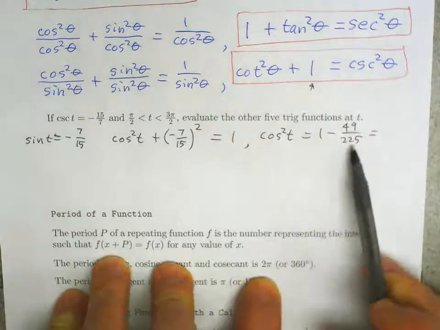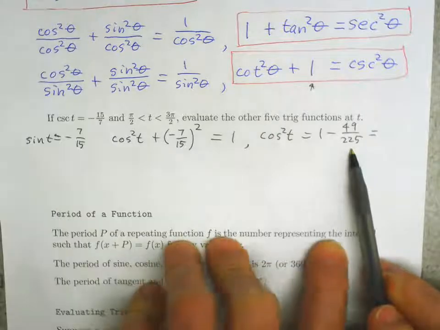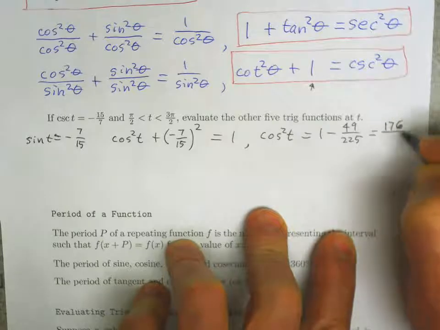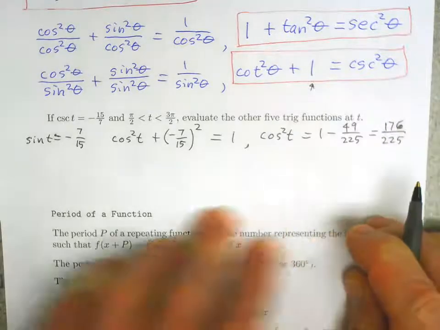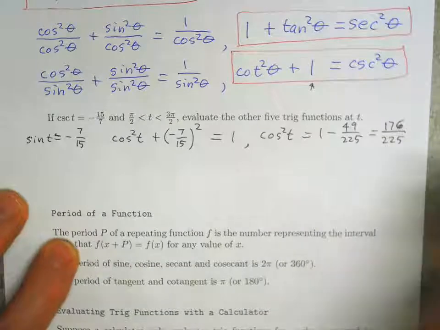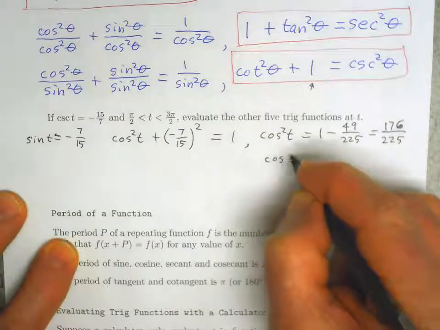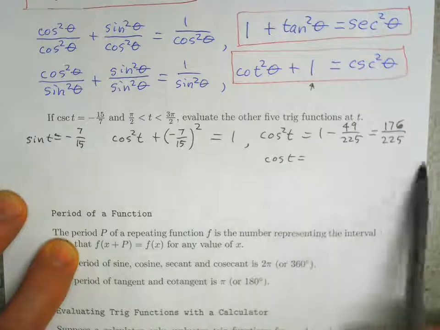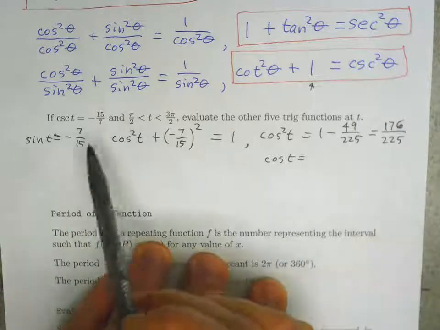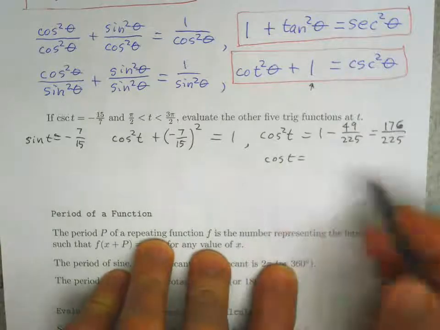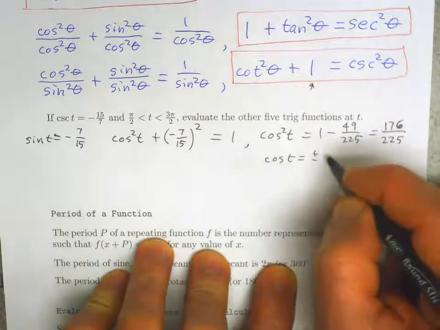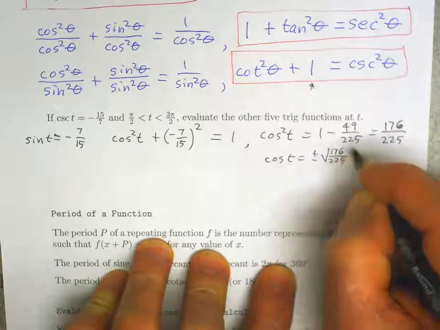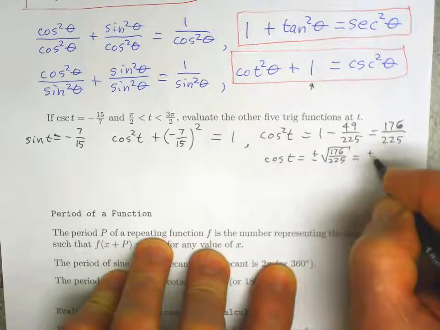And 1 minus 49/225 is 176/225. So cosine of t, if we were just solving this equation independently of the setting, we would say that cosine of t is equal to positive and negative square root of 176/225, which is positive and negative